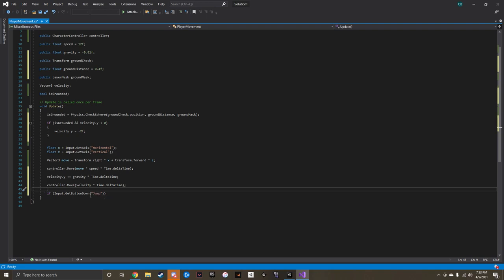So Input.GetButtonDown is just saying if this button is being pressed on your keyboard, it will return a Boolean value. If Input.GetButtonDown and you're pressing the spacebar, and isGrounded equals true, if you're on the ground, because you don't want to be able to jump in the air, then